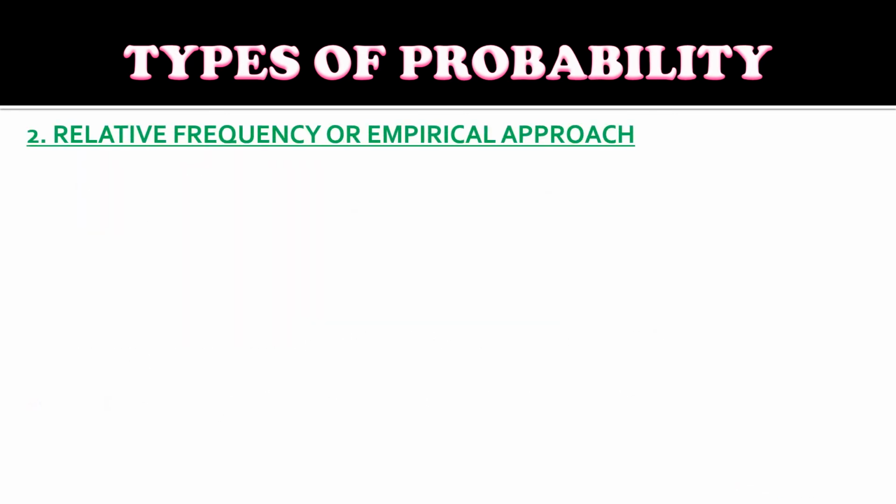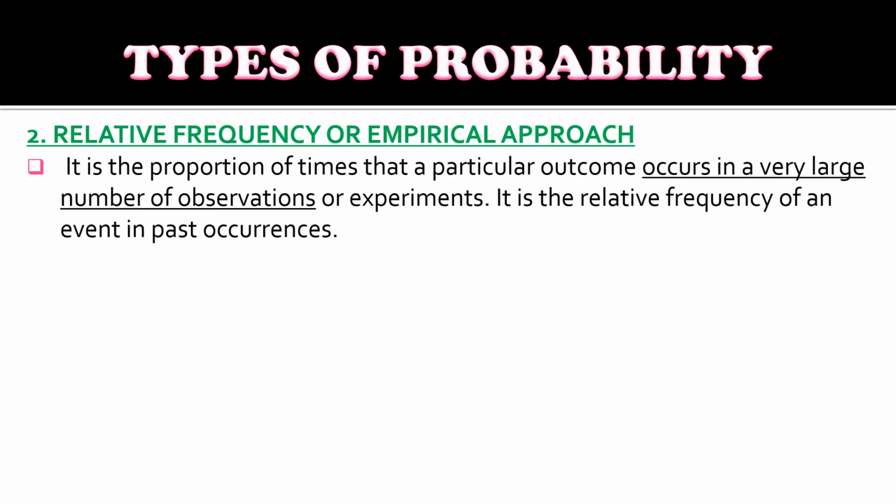So, next we have relative frequency or empirical approach. It is the proportion of times that a particular outcome occurs in a very large number of observations or experiments. It is a relative frequency of an event in past occurrences. So, example,